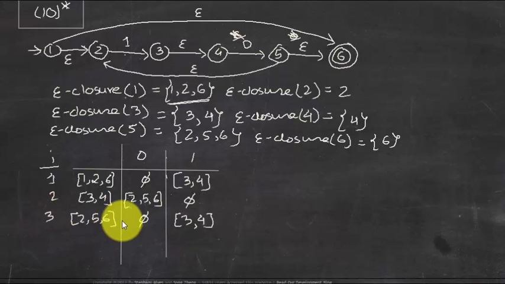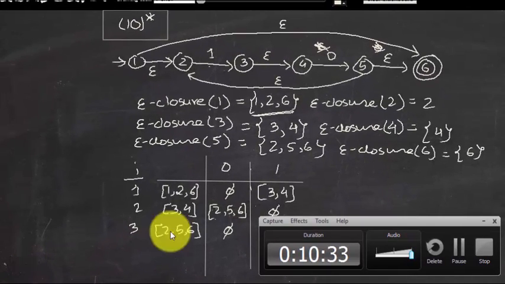So this is the third iteration. We didn't get any new state here. It's just 3, 4, which we've already computed on the left hand side. 2, 5, 6 we computed here. 1, 2, 6 was the first initial one. So this is the resulting transition table. From this transition table, we just